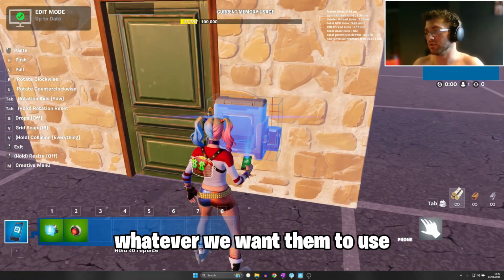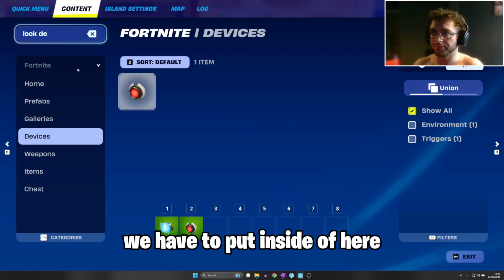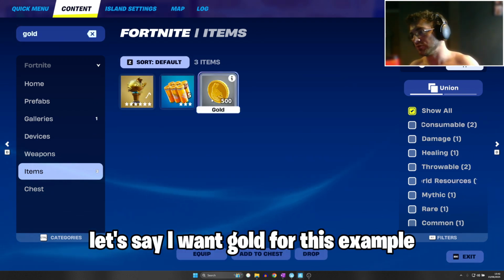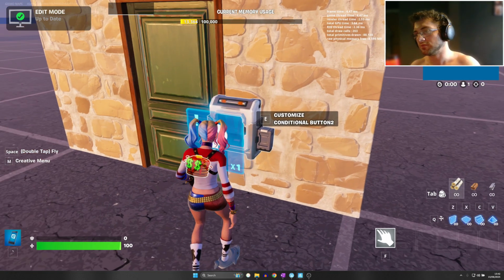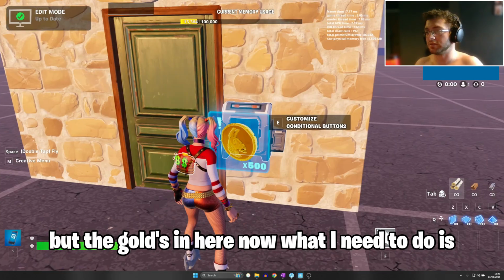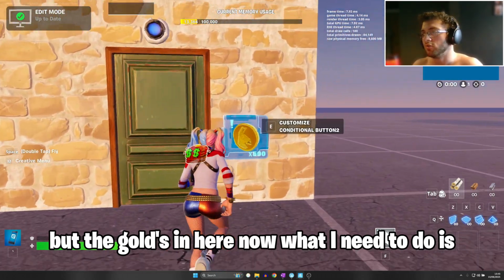Whatever we want them to use, we have to put inside of here. Let's say I want gold for this example. Okay, I already dropped it in there, but the gold's in here now. What I'd need to do